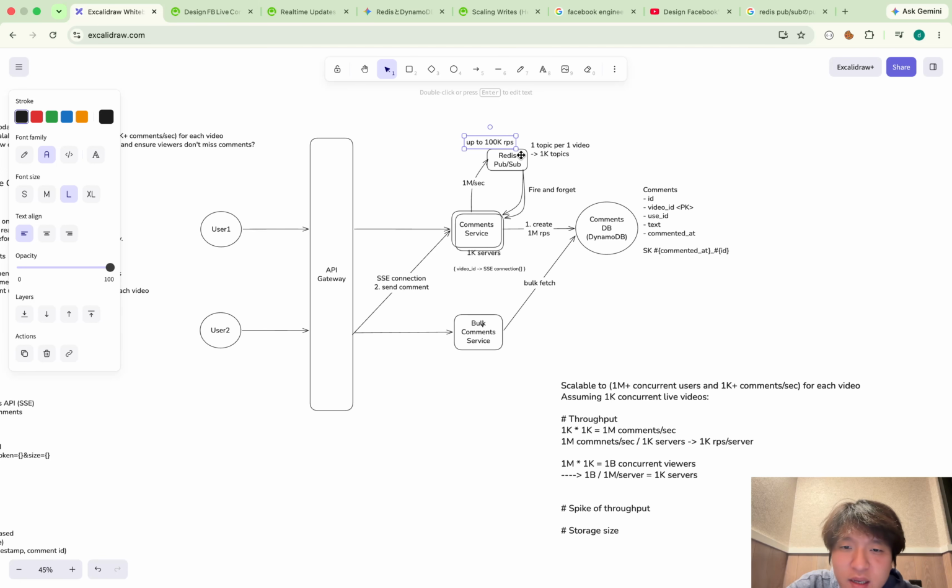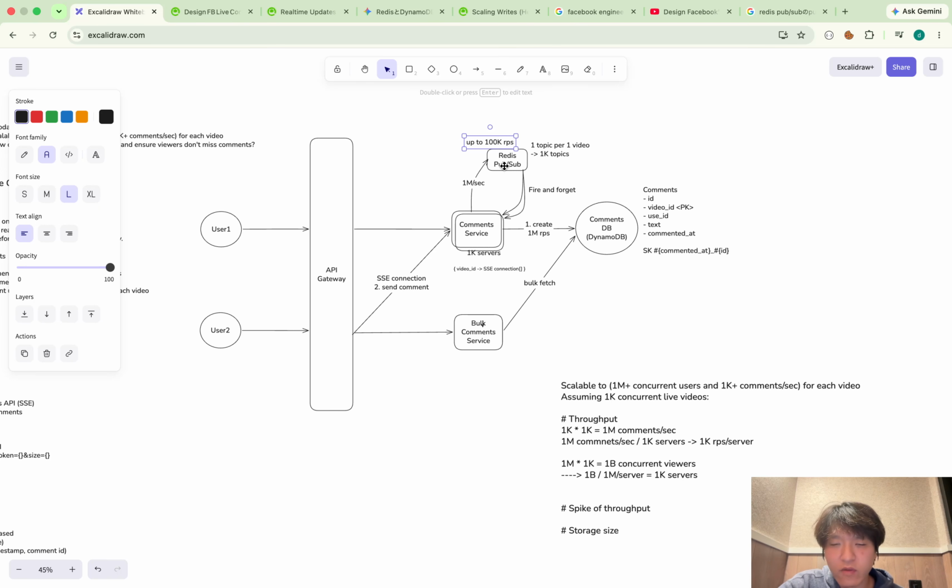I just mentioned that for this Redis and comment service publish path, the TCP connection is kept alive, so it doesn't have to send messages again and again. That being said, a single Redis pub sub instance is not enough.